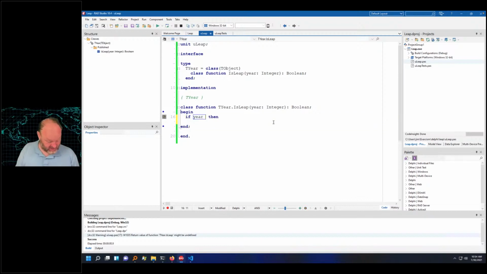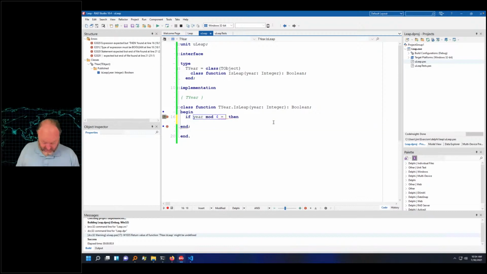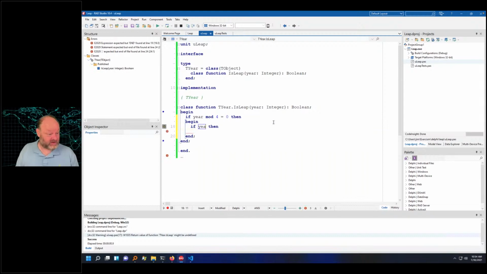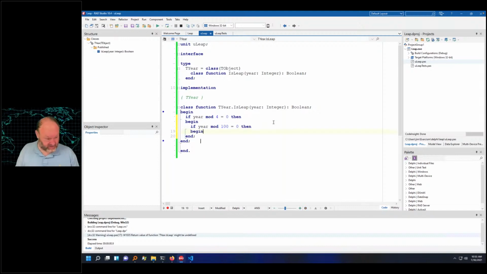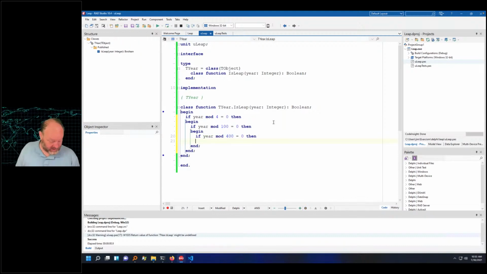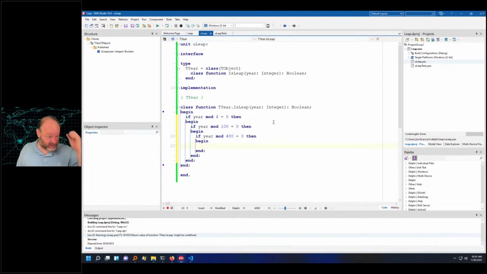if year mod 4 equals 0, so that says if we divide by 4, if the remainder is 0, mod is the modulus operator, then we will say, and I'm going to do a begin here just because I think it makes it a little more clear, if year mod 100 equals 0, then if year mod 400 equals 0, I think this is going to work. I have to think this through. Okay, if, then we say true, or